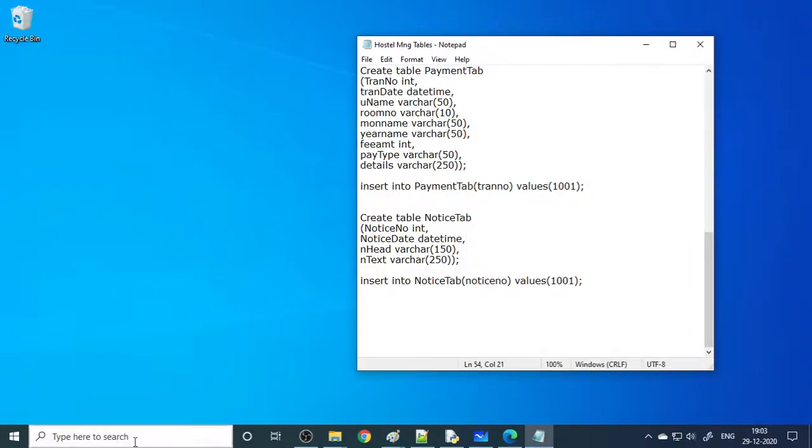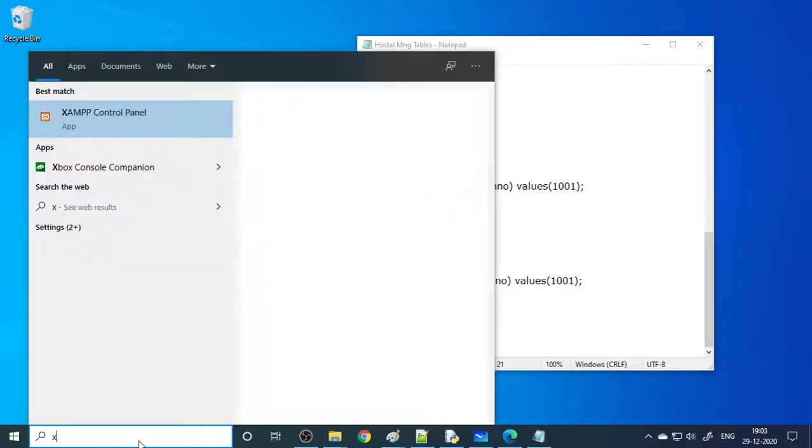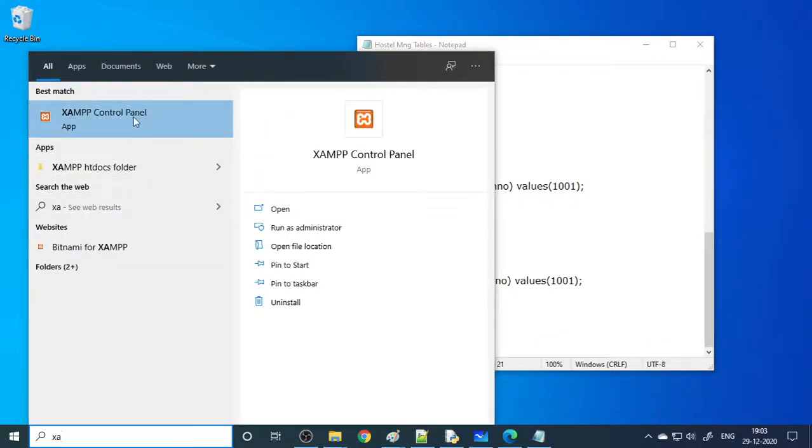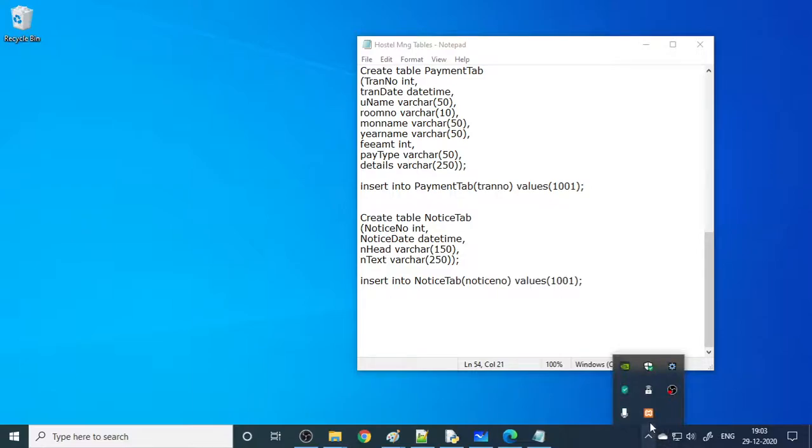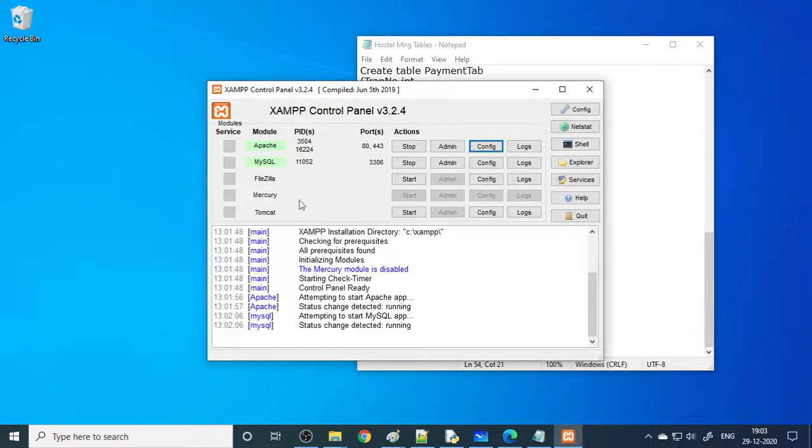In order to create in MySQL, the first step is you need to start the XAMPP control panel. Click on this, and once you click, you can see that this control panel will appear. Here you need to start. It's already started now, so you don't need to click now. But the first time you can see start here. Please click on this first and then this one. Then it will turn green, indicating that both are running. So Apache server is running and MySQL is running.